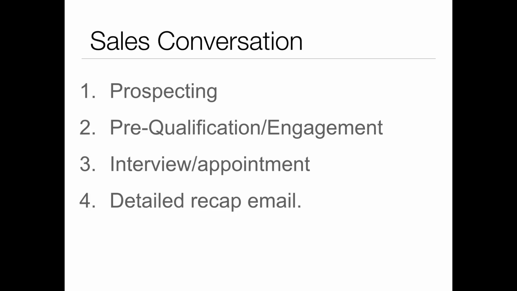Number 4 is the detailed recap email. So if you have to go back and do a presentation or a proposal, this is where you set your clear next step, and then you go back to number 4, which is your recap email. Everything you discussed in that meeting, you put down in a recap email. Basically, all the agreements that you made. This was an issue. This is what you said. This is what we agreed upon. This is the money we talked about. And you said we would get together next Tuesday at 3 o'clock. And at that time, we'll address this, this, this, and this. If you like it, I'll bring paperwork to get started.